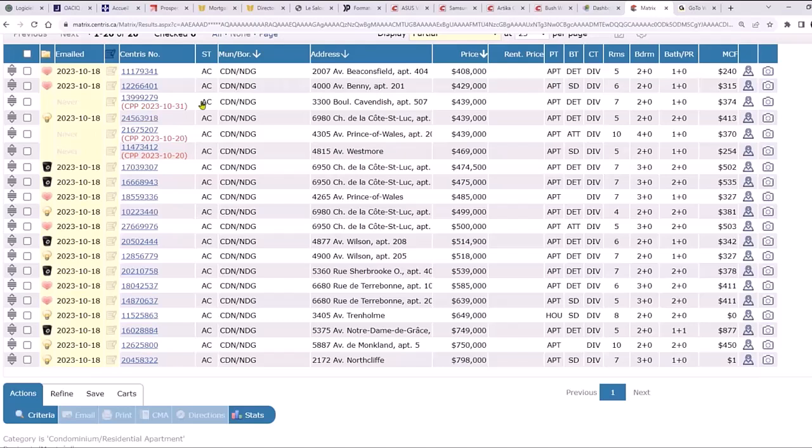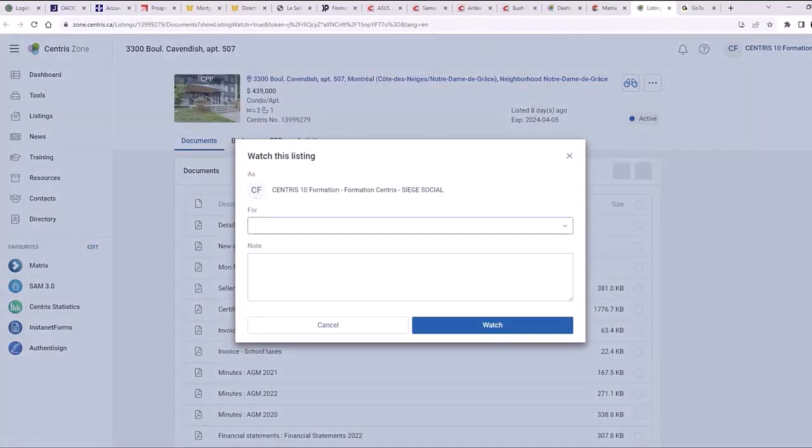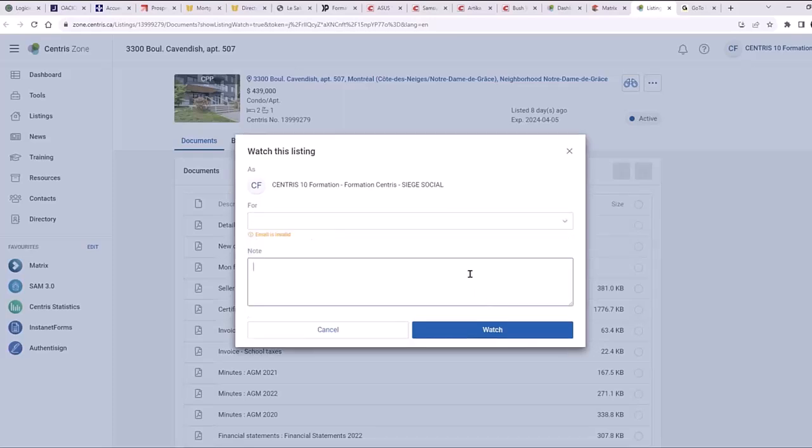So if at some point you notice that the offer didn't work out, you can also put the properties in watched listings. This is not related to searches, but let's say this one has an offer, you can put it on watch listing and say Chris, let's say, and if it fails, show to Chris.